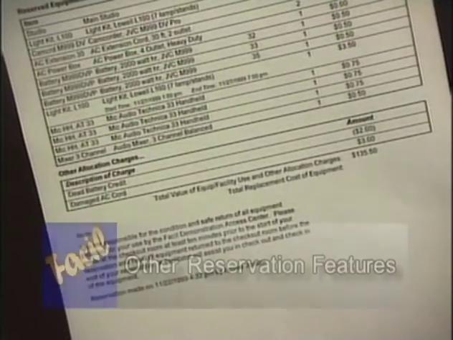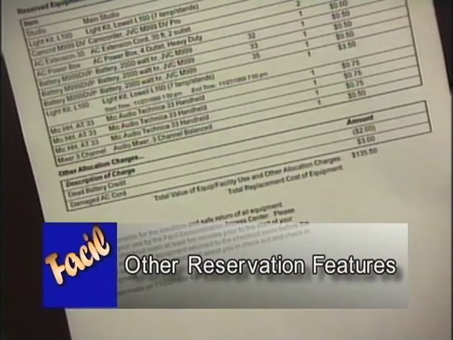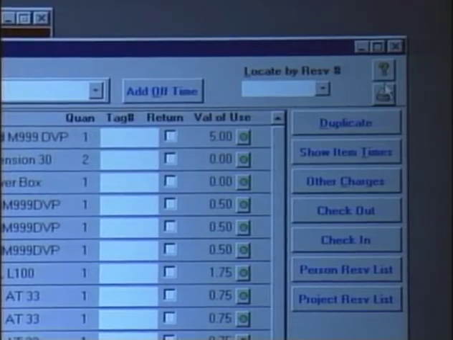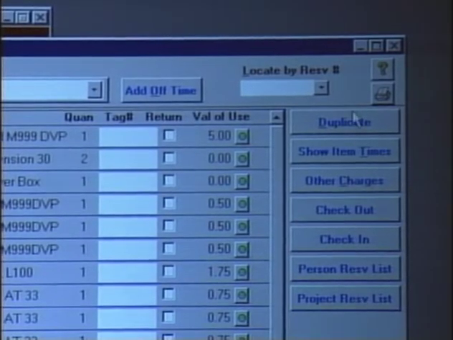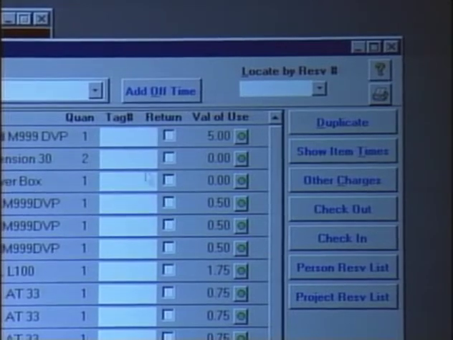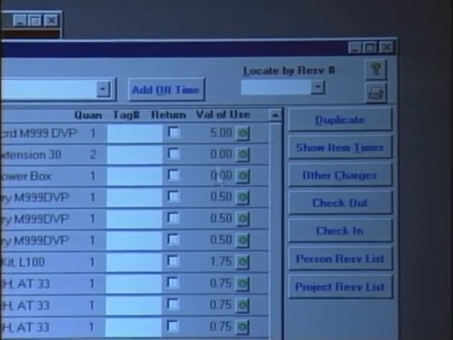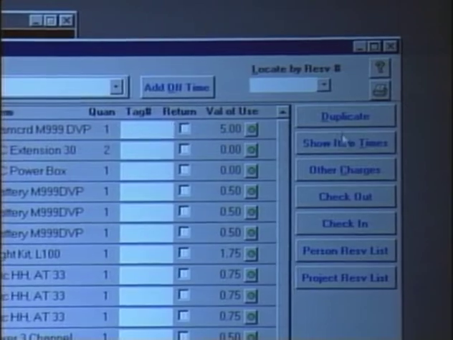Let me show you a couple other features that we can access now from the reservation form. All these command buttons give us other capabilities. We're going to start with some more details about the reservation itself. If we look at the equipment list and the buttons together,